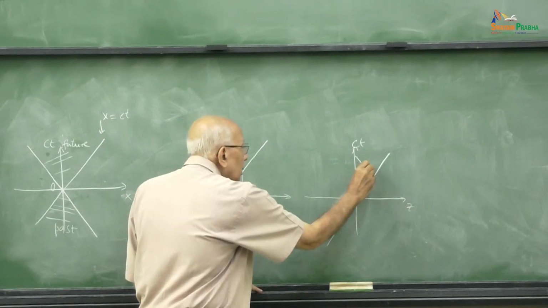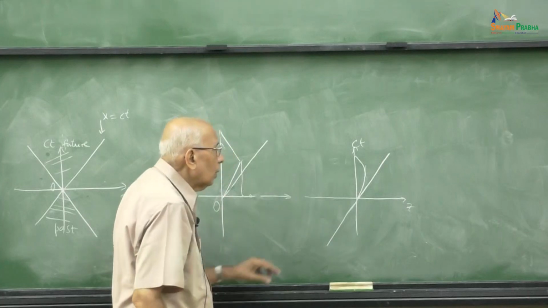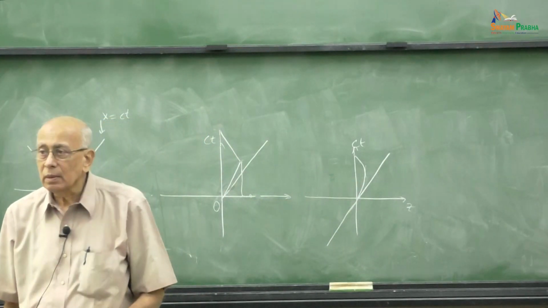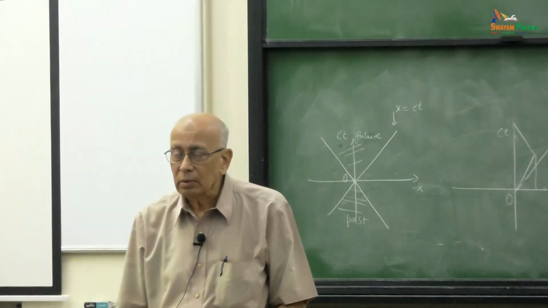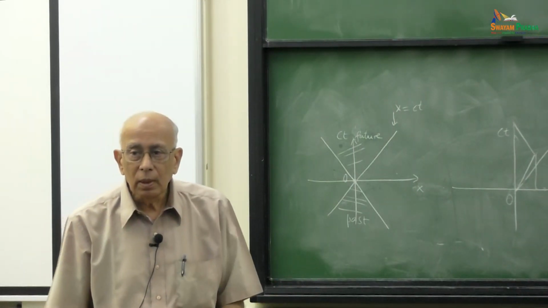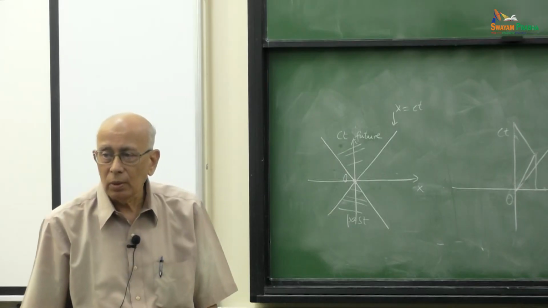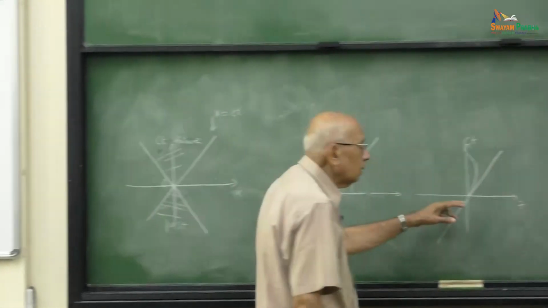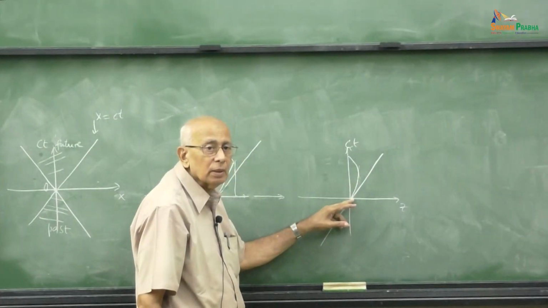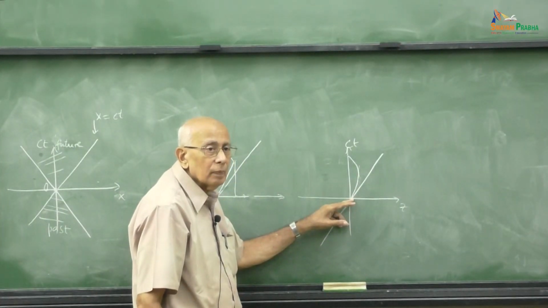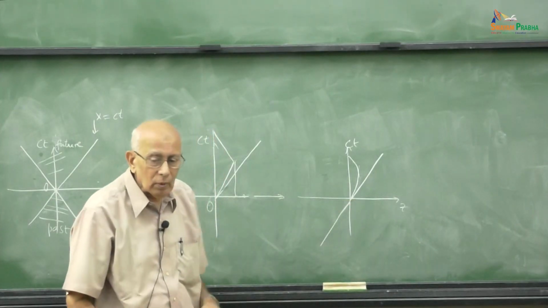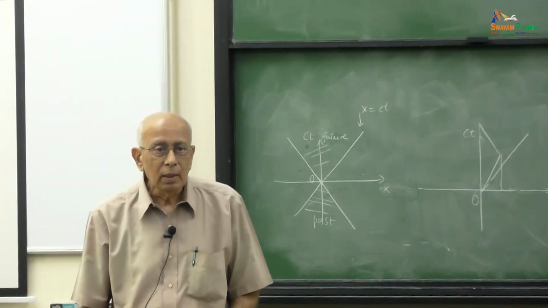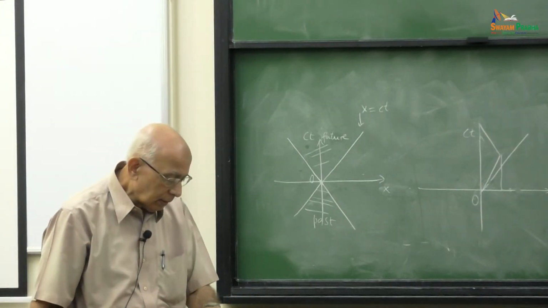At this point you have only dt and no dz. So dz over dt is 0, which means that the ball's velocity upward is 0. It stops and comes down again to me, right? The slope at all times remains greater than 1. At no time can it become less than 1. So when you have complex events, it helps to always draw the space-time diagram. Okay? Now the whole business of special relativity